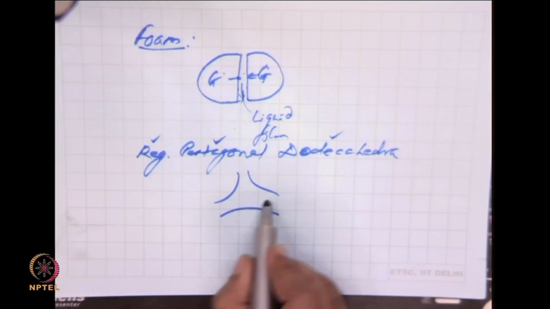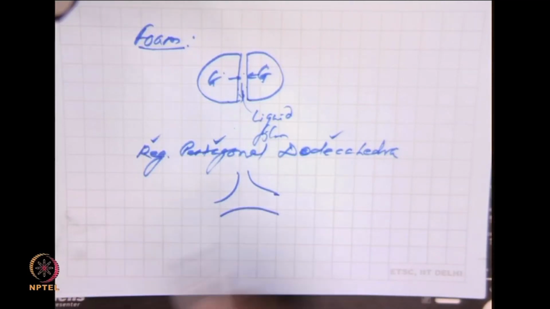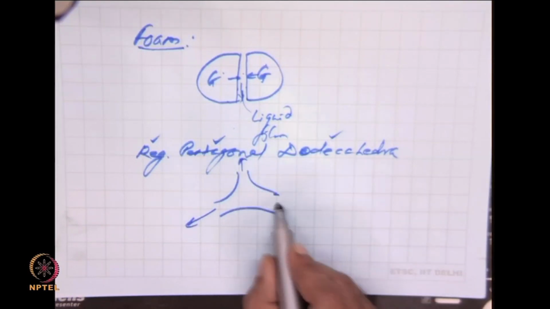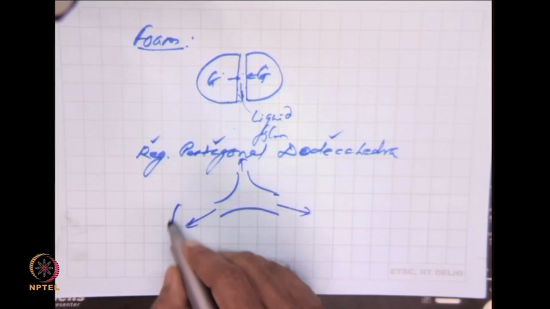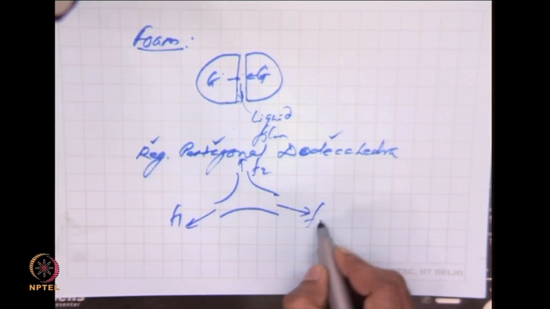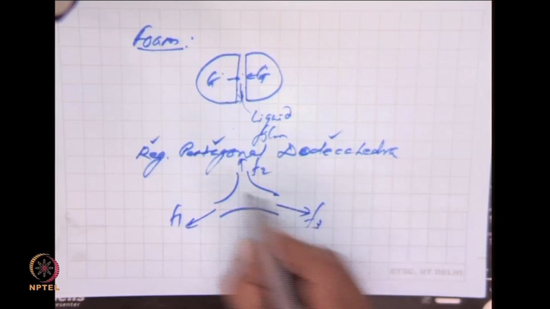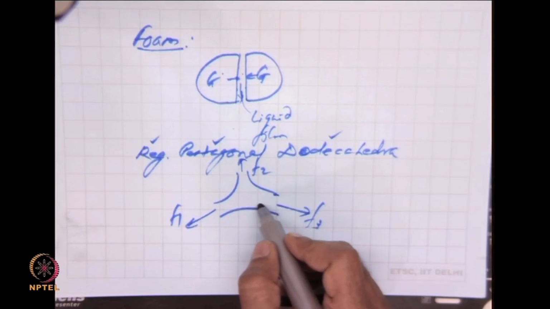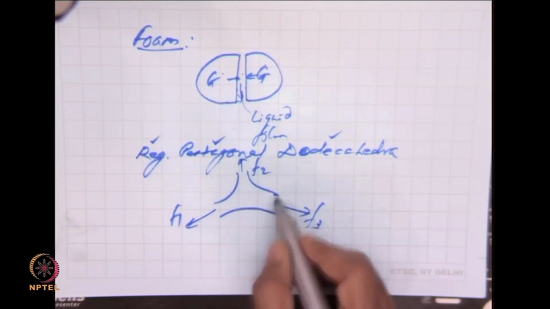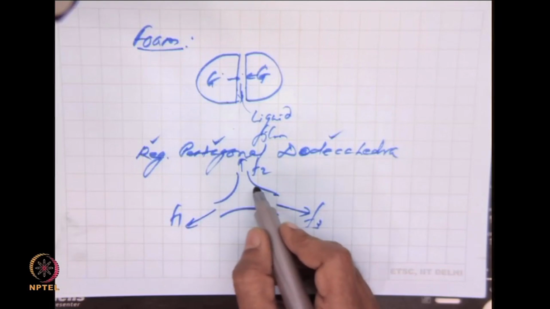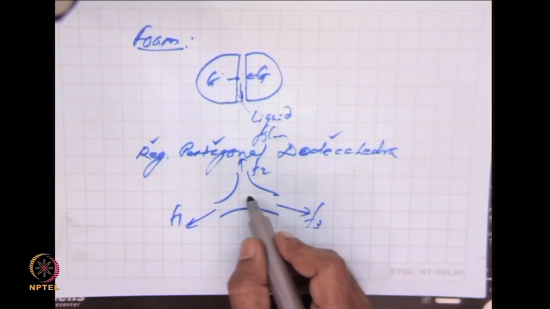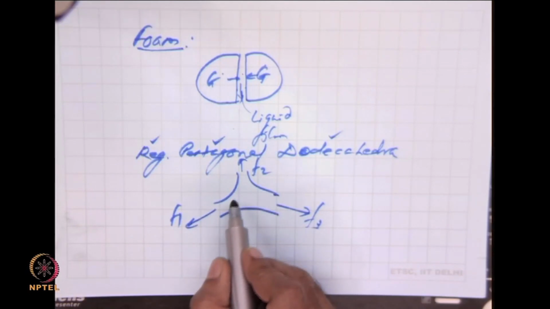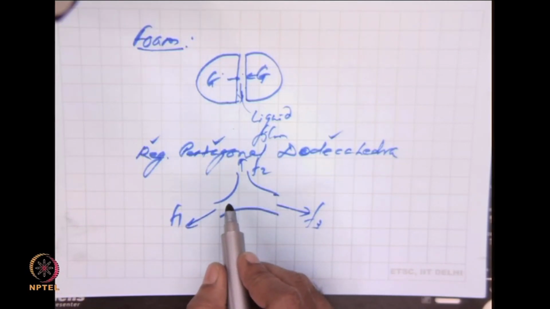If you take a cross section, this is how the Plateau border will look. This is a part of one film, this is part of another film, this is a part of a third film. So, if you call them F1, F2 and F3, 3 films are meeting together in this edge or the side, which is like a curvilinear pipe, all made of liquid, no sides, no surface, no wall. Then we have liquid here, and a little consideration here